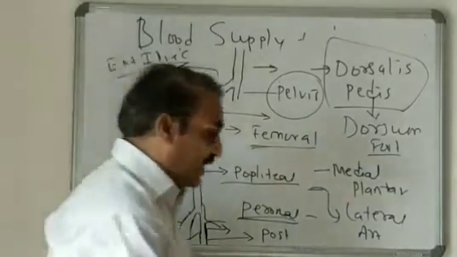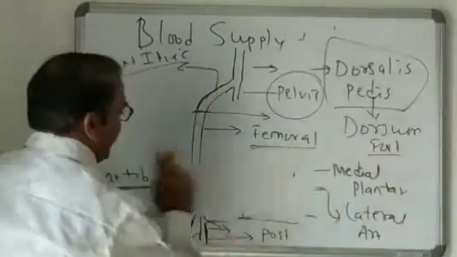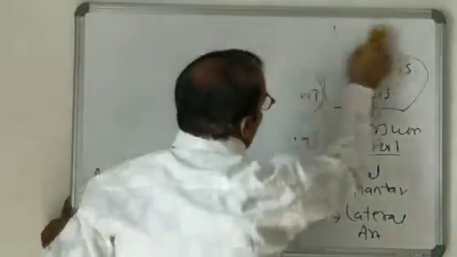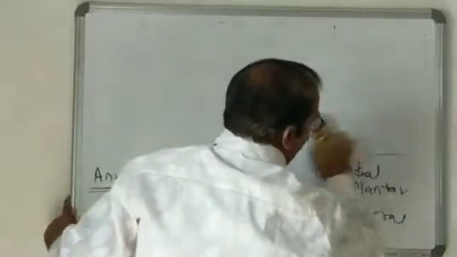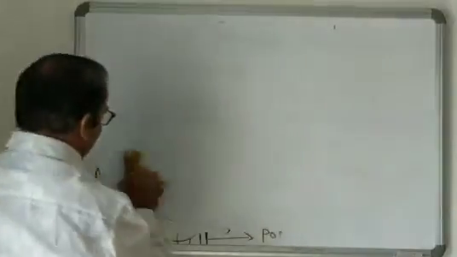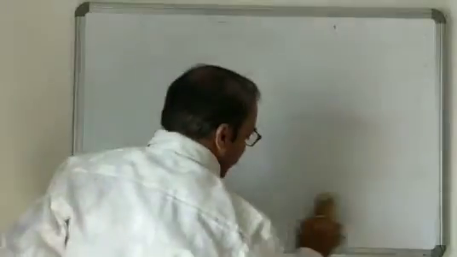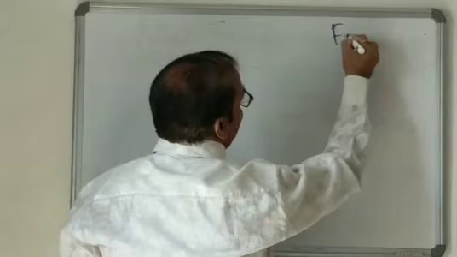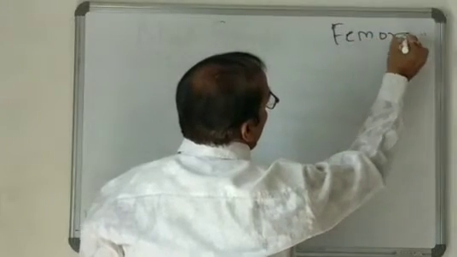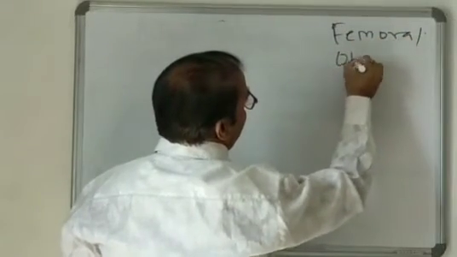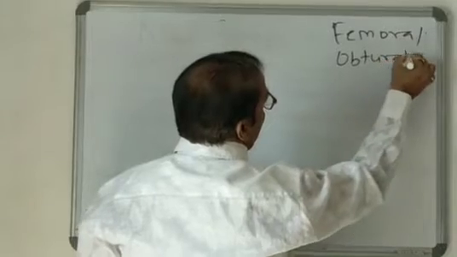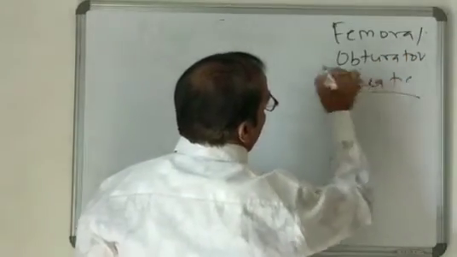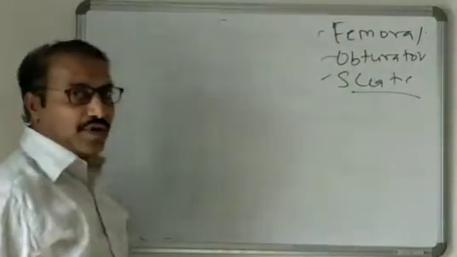Now we discuss nerve supply. Again, it is very simple. You can finish the gross idea about nerve supply in one lecture. In the lower extremity we have only 3 important nerves. The first nerve is the femoral, then the obturator, and the sciatic. These are the 3 important nerves.